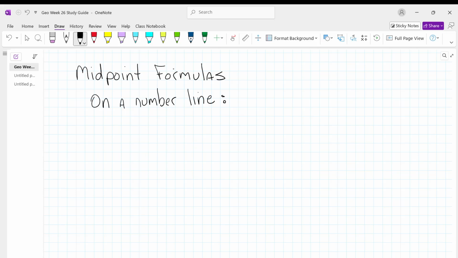Again, two midpoint formulas. We've got one when you're finding a midpoint on a number line. So that would be